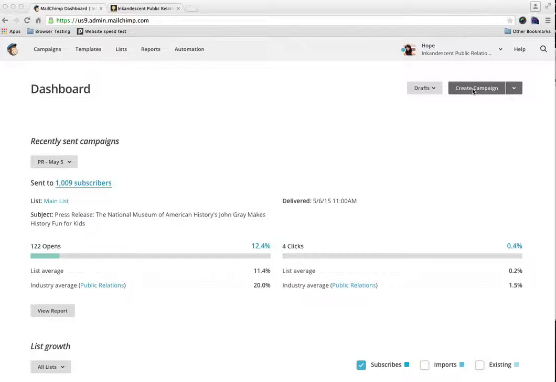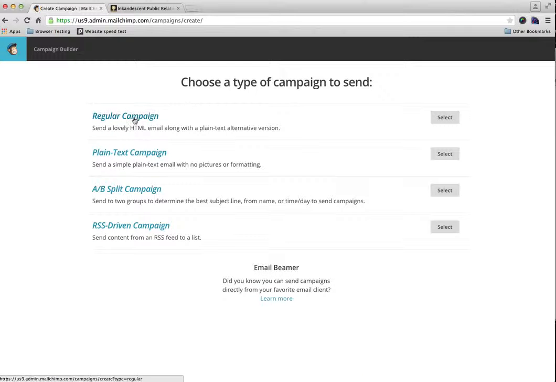You're going to want to create a new campaign. Each email is its own campaign. So you click on Create Campaign, and at this point, all I've ever created is a regular campaign, so that's what we're going to be selecting. So hit select,